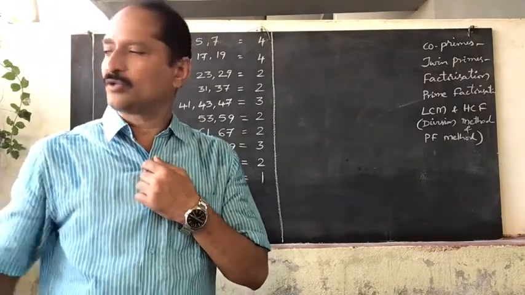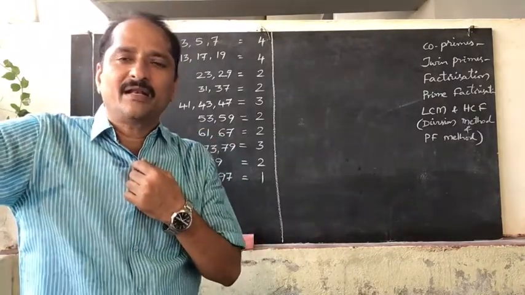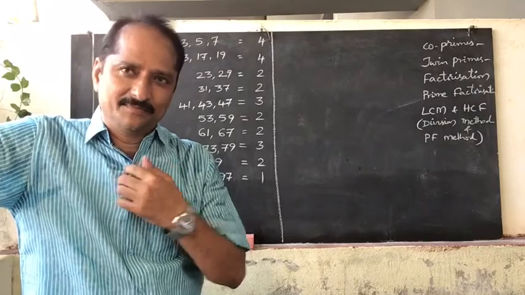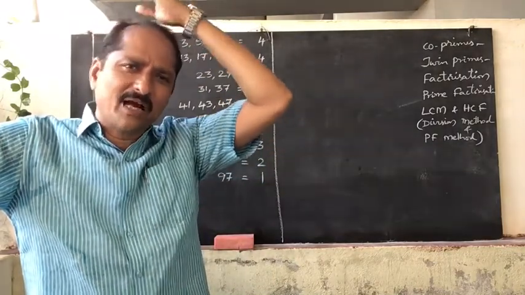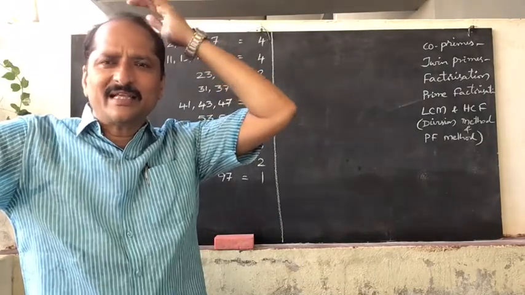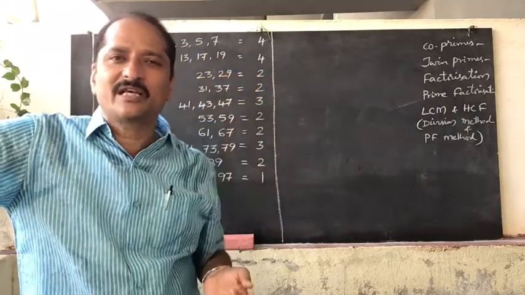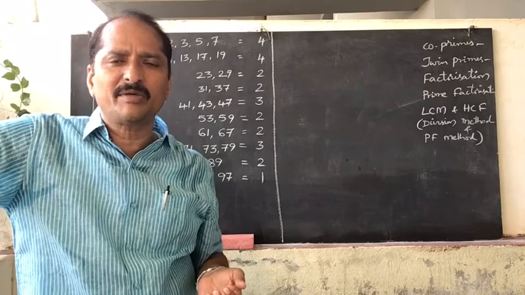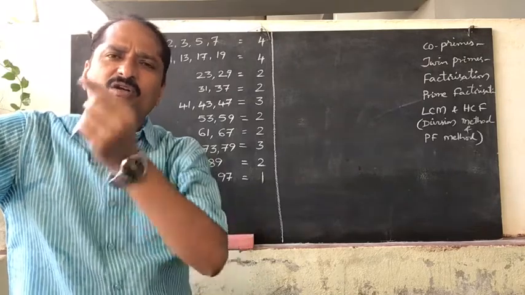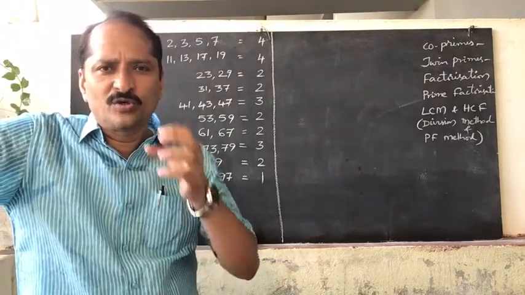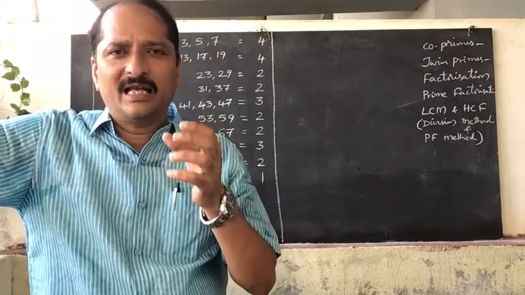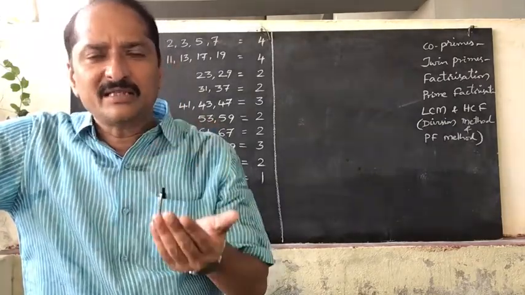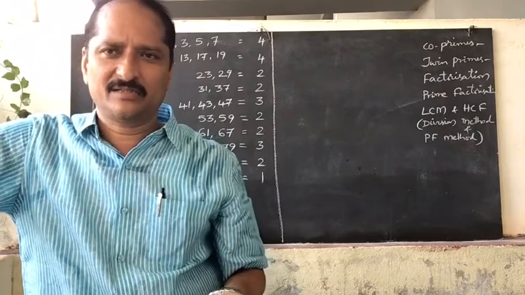Already we came to know about finding the LCM in common multiples method. So that is the first method to find out the LCM. Next, in division method also you can find out the LCM in an easy way. Common multiples means it will take a lot of time. So to avoid the time, we can learn the division method as well as the factorization method.